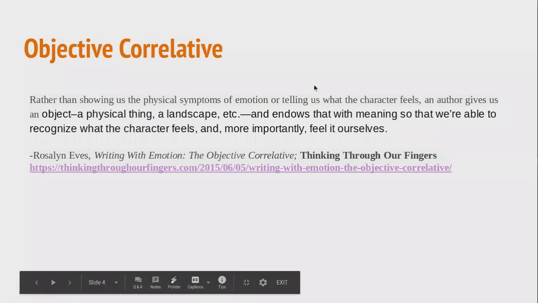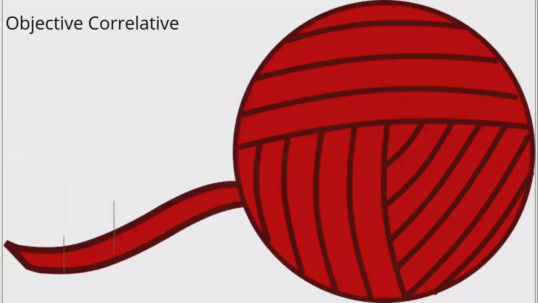So let's start with a small objective correlative, on a scene scale. These objective correlatives might only last for a couple sentences, a few paragraphs, maybe one scene or one chapter, but they don't really go beyond that. So the way that you do an objective correlative like this is you introduce the symbol, and immediately when you introduce it, you give it meaning somehow, and then you do what I call it, you twist it. So you basically introduce this metaphor, this simile, this symbol of how your character is feeling, and then you just dig it a little bit deeper to really get a gut punch in, so that it goes from just reading about it